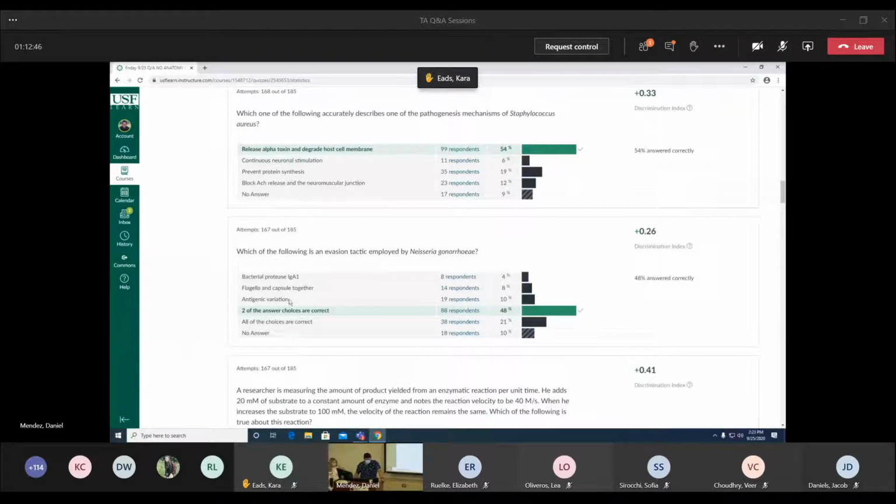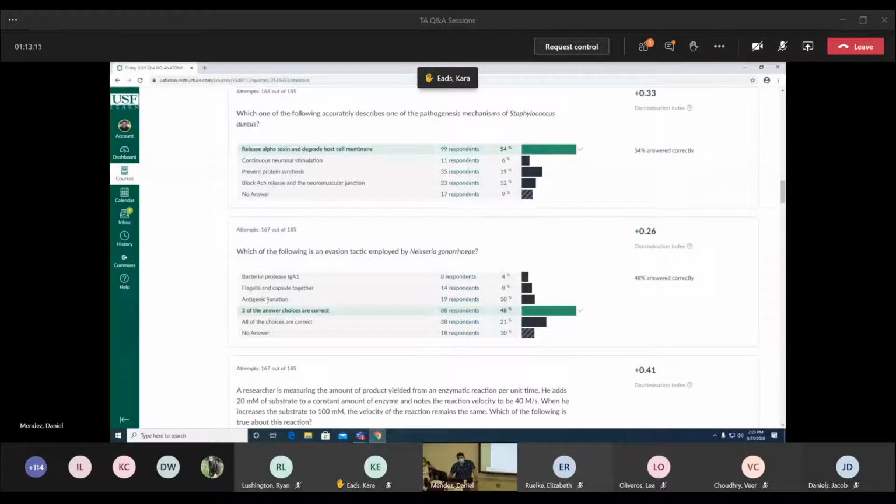The other, the antigenic variation, is essentially, I'm just going to use another odd reference here. Let's say gonorrhea is just wearing, I don't know, a black hat. That's what we're going to go with. So its variation on its outside is a black hat. If we tell our immune system, which is going to be similar to our police force, hey, we're looking for a guy with a black hat,